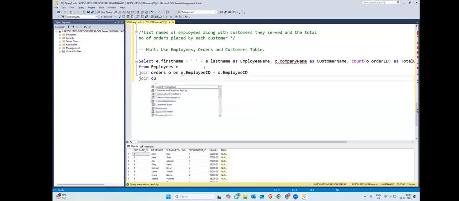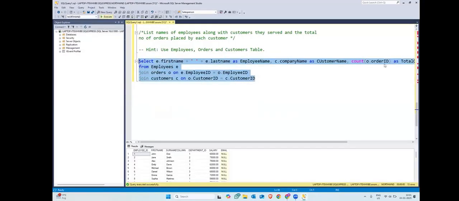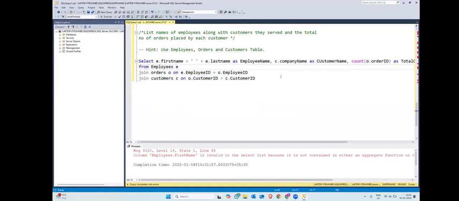Then I will join customers C on C dot customer ID is equal to, sorry, O dot customer ID is equal to C dot customer ID. Okay, this is the whole join, but because I've used the aggregate function here, this count, I will have to